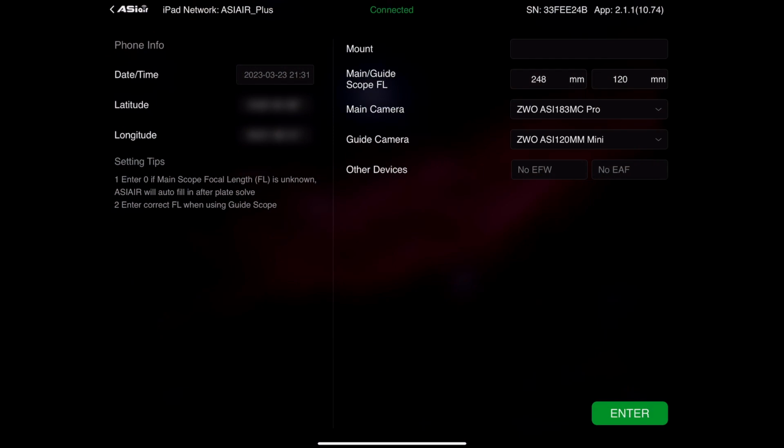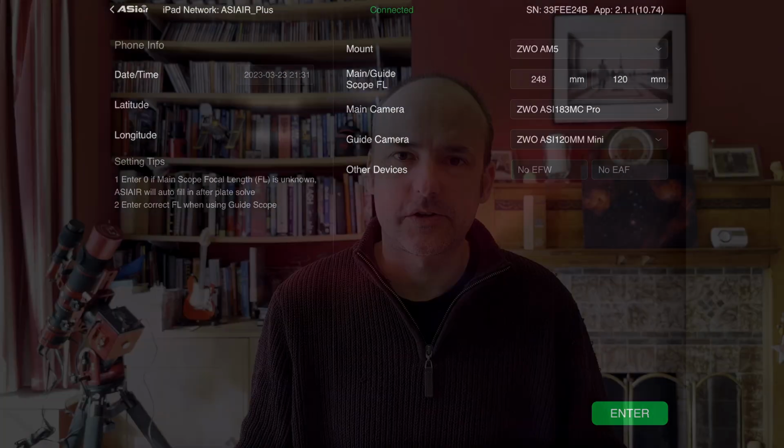So I think sometimes just having those things really obvious, so that each time you set up the tool, it goes, this is your setup, isn't it, would be a good thing. Going back to the ASIAIR, when you connect everything up and open the app, the very first screen will say, here's your telescope, here's your camera, here's your focal length, and so on. So you can quickly sanity check and go, yep, that's my setup, that's right, and therefore the plate solving will work. But with APT you don't get that.